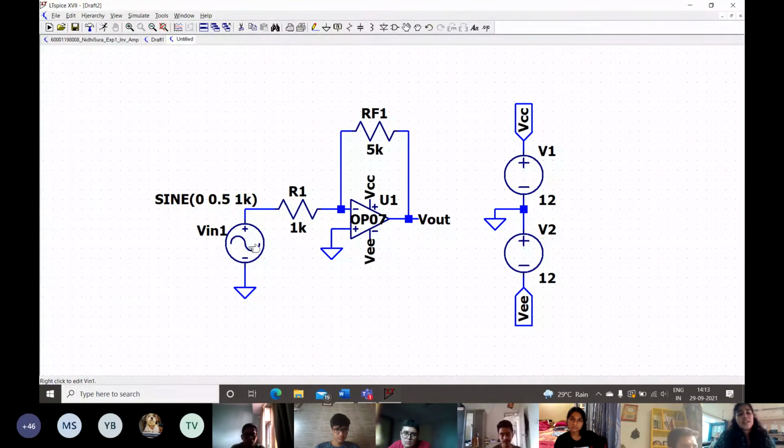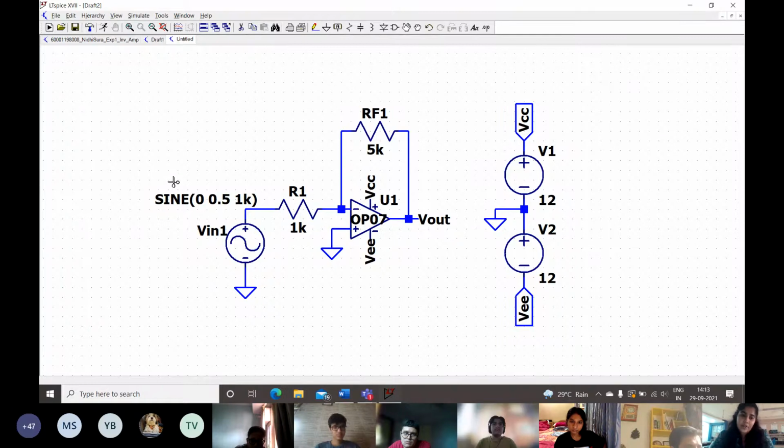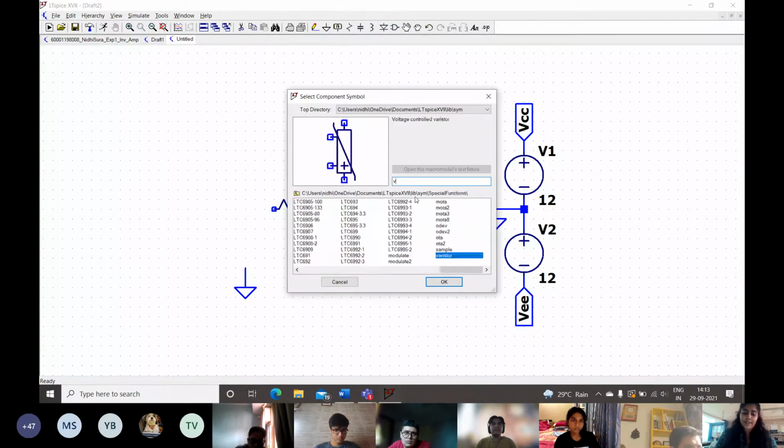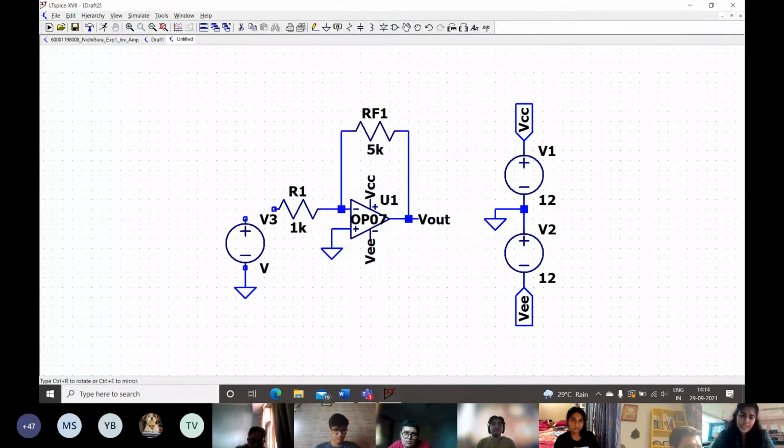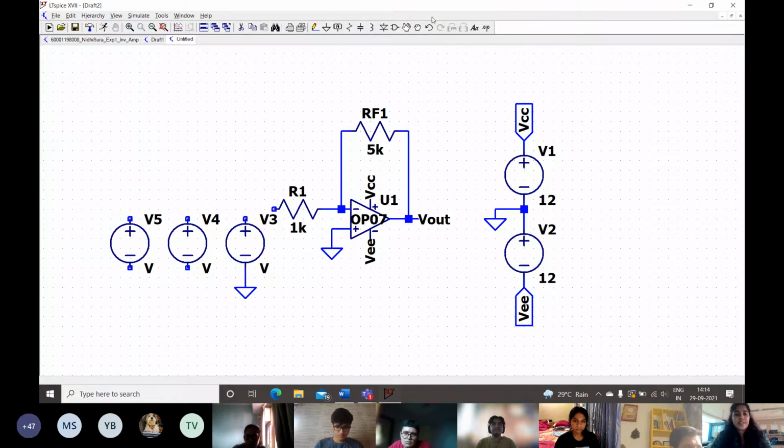Okay, now as for making modifications to this circuit. For this experiment, we're not going to be using AC signals, we're going to be using DC signals instead. So I'm going to go ahead and press delete, and cut out everything that I want to cut out, which is essentially this voltage source. Like she taught you last time, there's a draft button at the top of your screen. So you can use that to find a voltage source and just go ahead and place 3 of them, as in this experiment, we're going to be using 3 voltage sources to sum up the voltages.